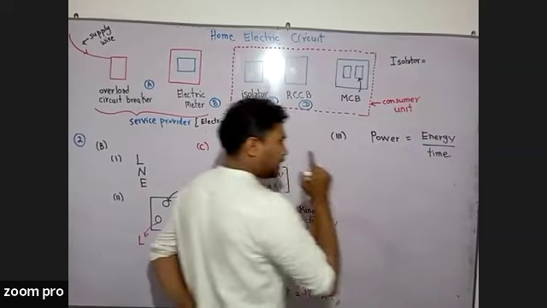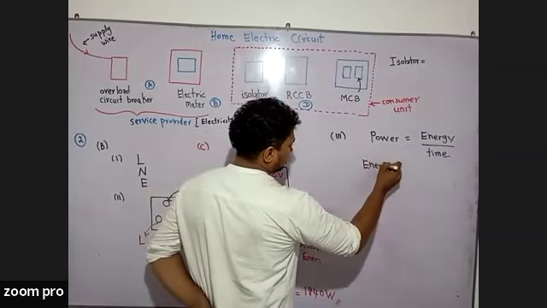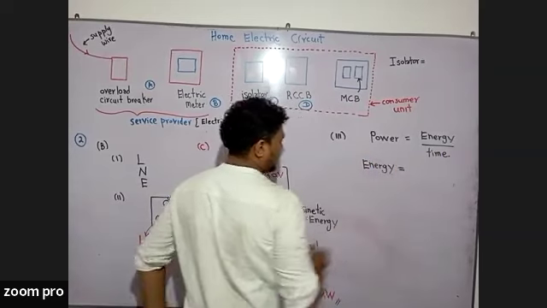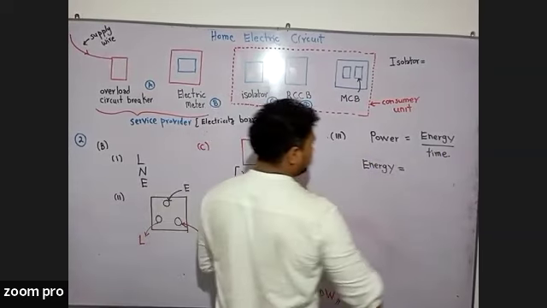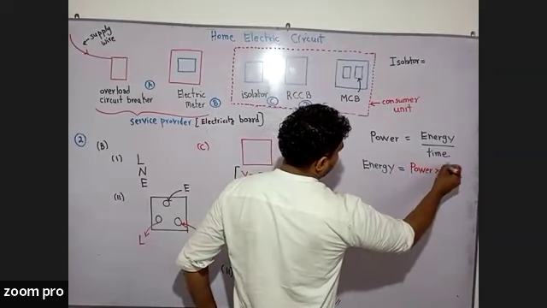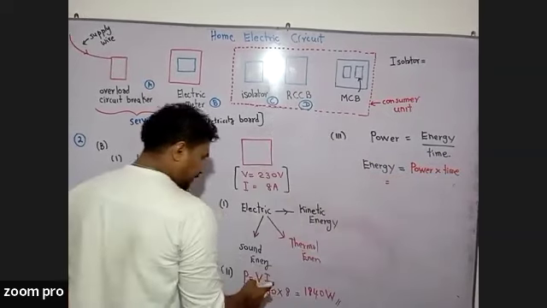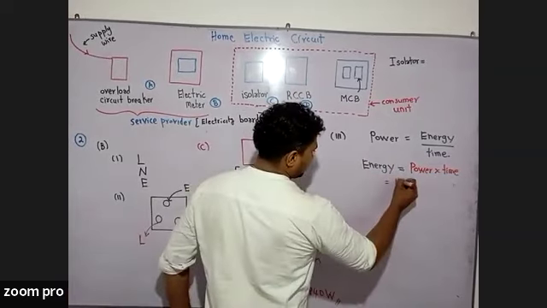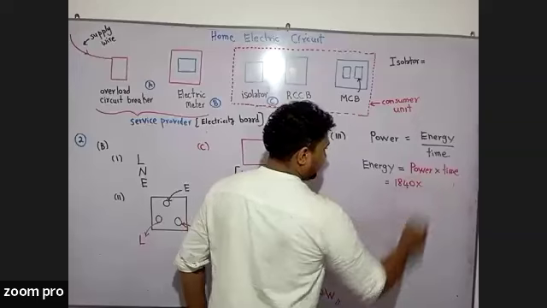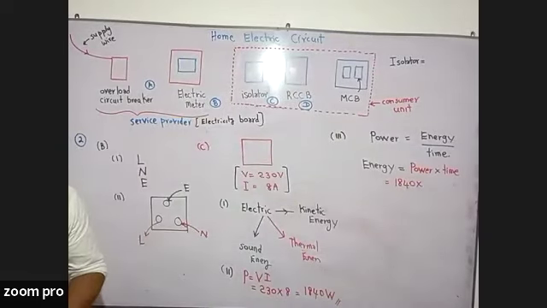Now, if you are asking about the energy, it's better to make energy the subject. So, energy equal to power into time. Here, power is equal to 1840. Time, it is mentioned as